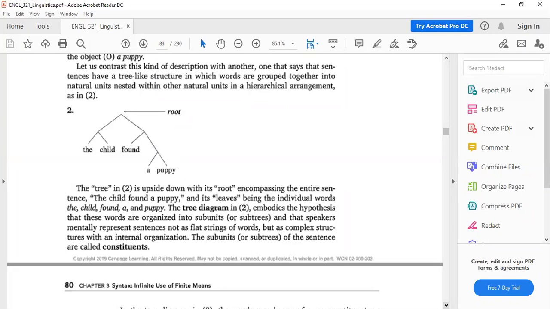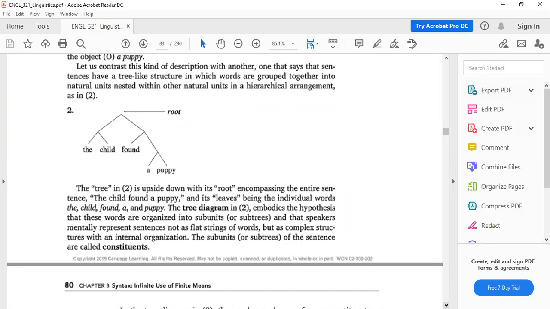The child found a puppy. No. Chomsky said that this sentence comes in chunks, parts, أجزاء. So we say the child found a puppy. Yes, we don't pause. We don't say "the child... found a puppy." We don't speak like this. We say the child found a puppy, but this sentence is not ready made, is not canned